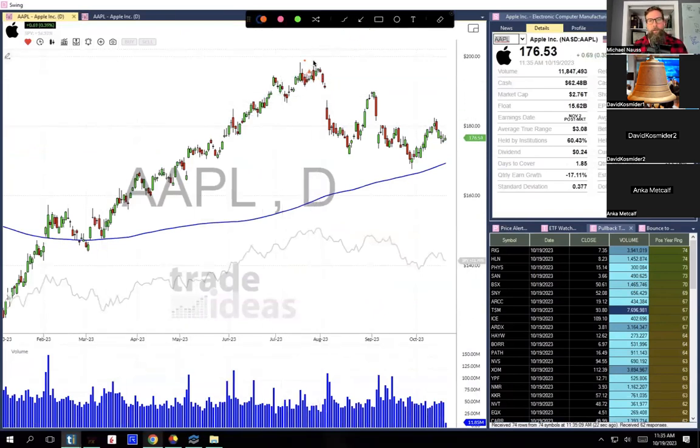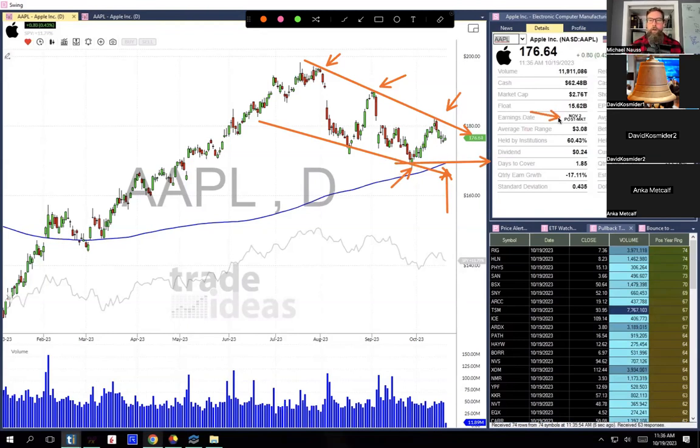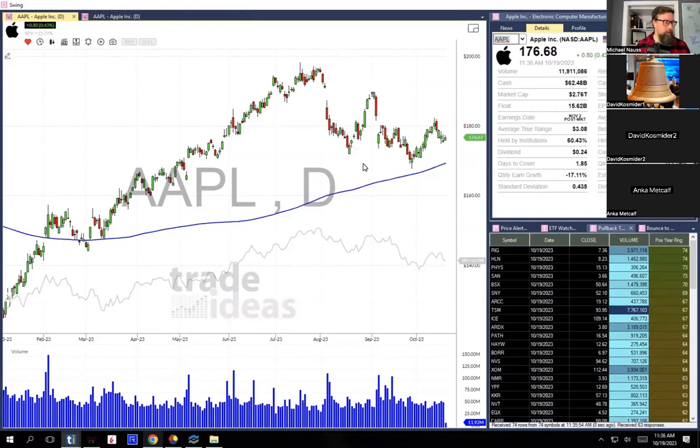So ask away. Apple, I think you've got to look at this declining trend line, right? Resistance here and here and here. If we can get above that, that's fantastic. If we sell below, if we're in this range, I'm not really interested. The only time as a dip buy that I would watch is the rising 200-day moving average, which is roughly in the area of where the buyers last took control here, right? Earnings on the 2nd.